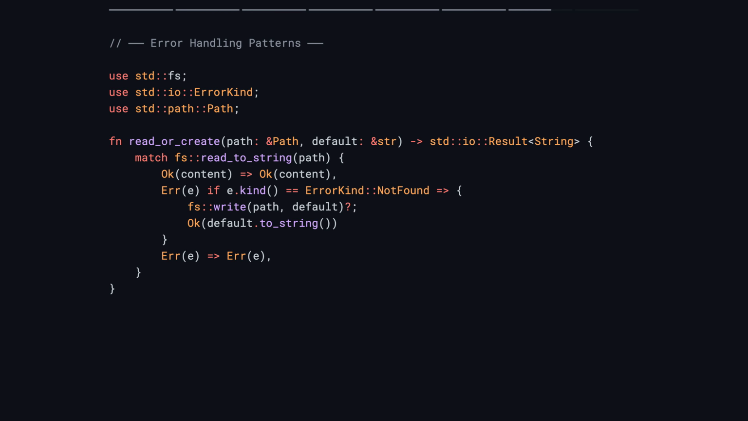Error handling patterns. File I/O functions return io::Result<T>. Here are common patterns. Match on specific errors. You can match on error kind: NotFound, ErrorKind PermissionDenied,